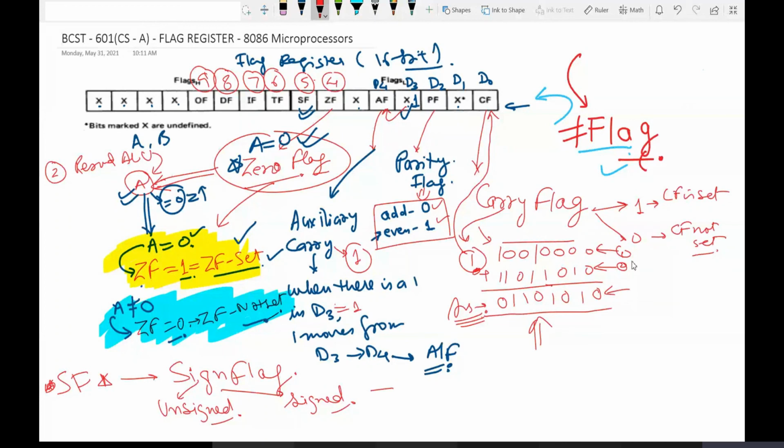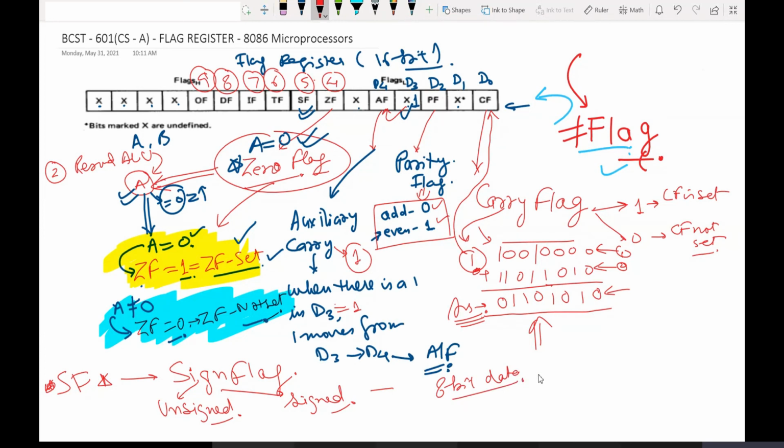There is a particular bit which is responsible for the sign. Which bit was the sign bit? Anyone? In digital electronics, which bit was the sign bit? All right, you may not be getting it. In an 8-bit data,